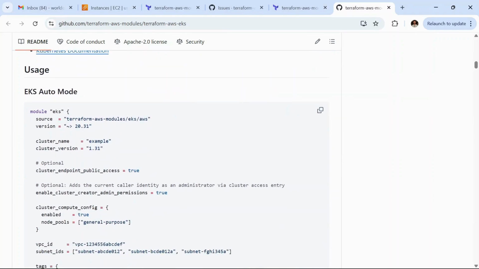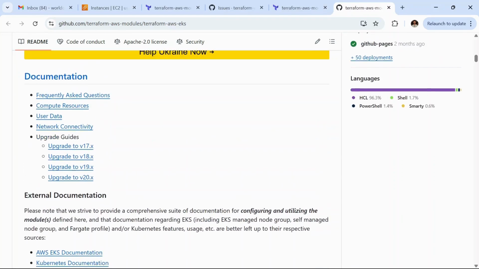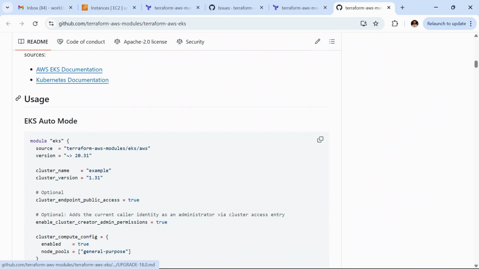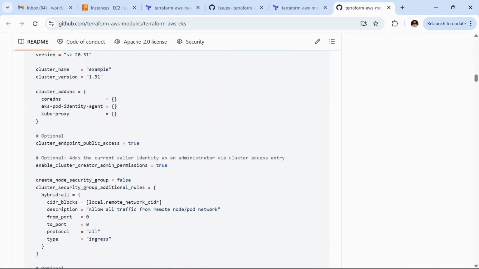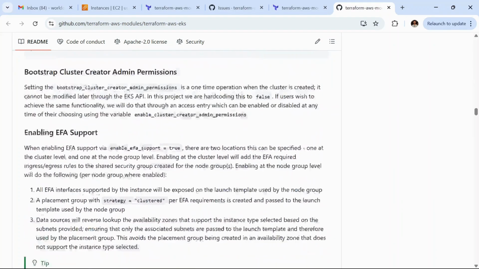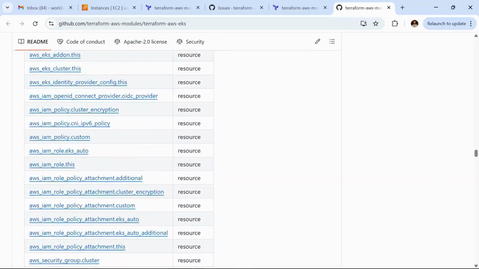If we explore the module documentation, there is huge documentation.